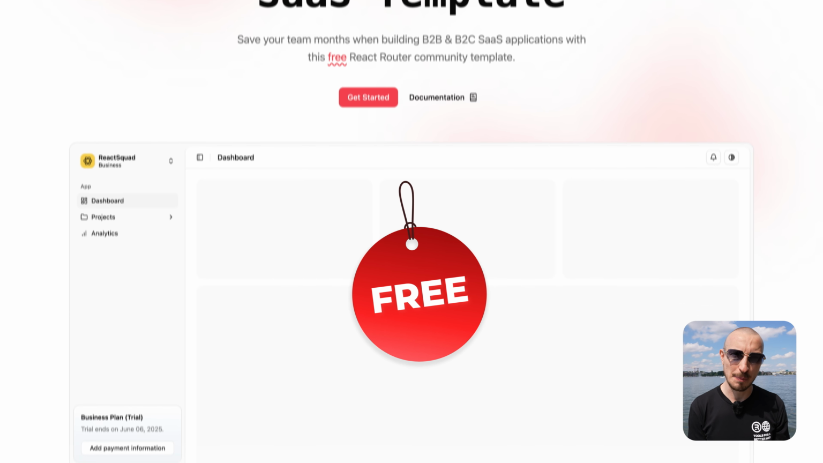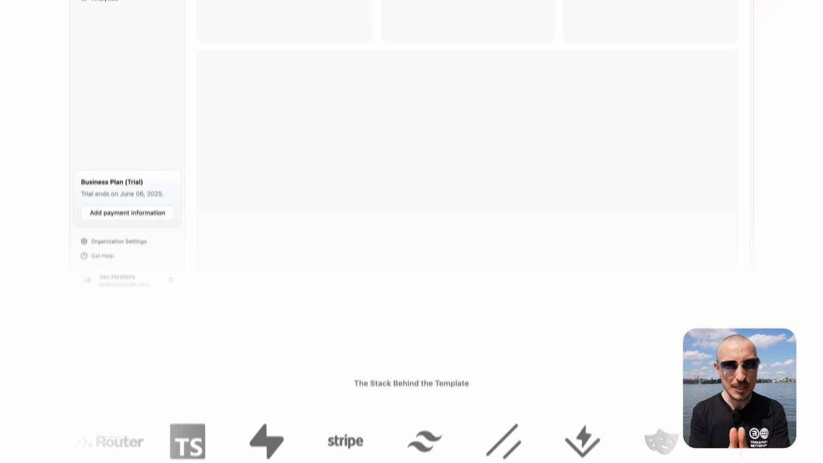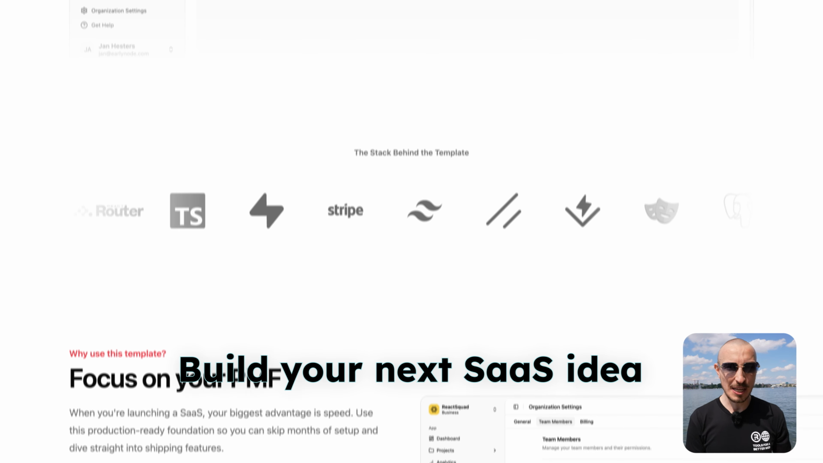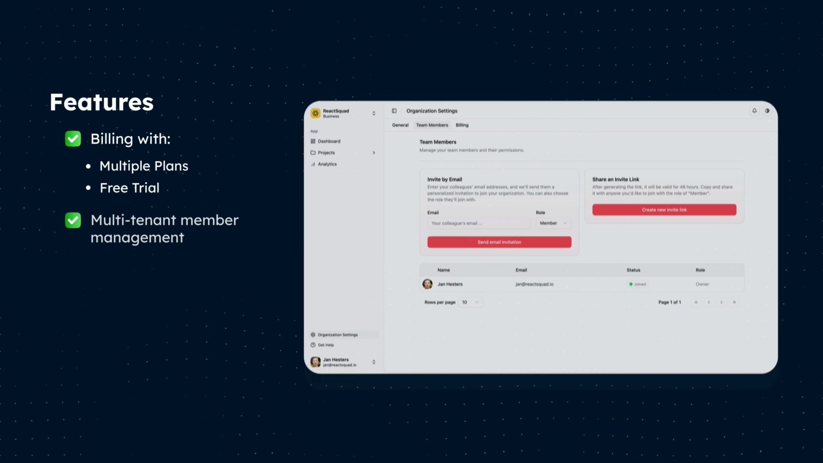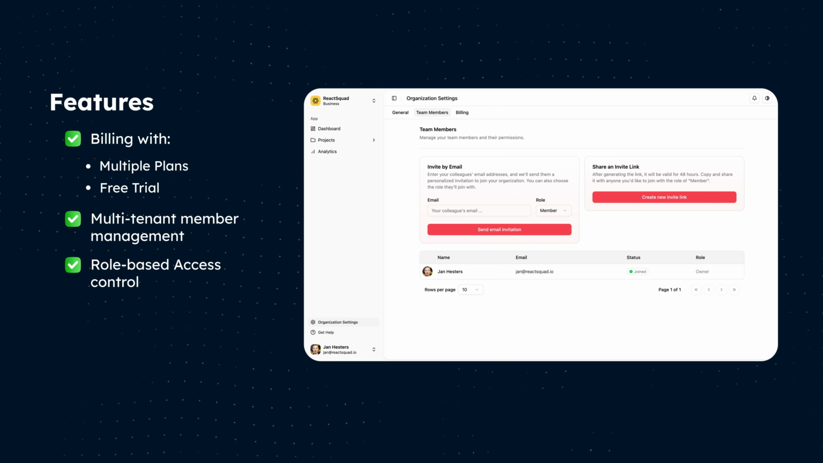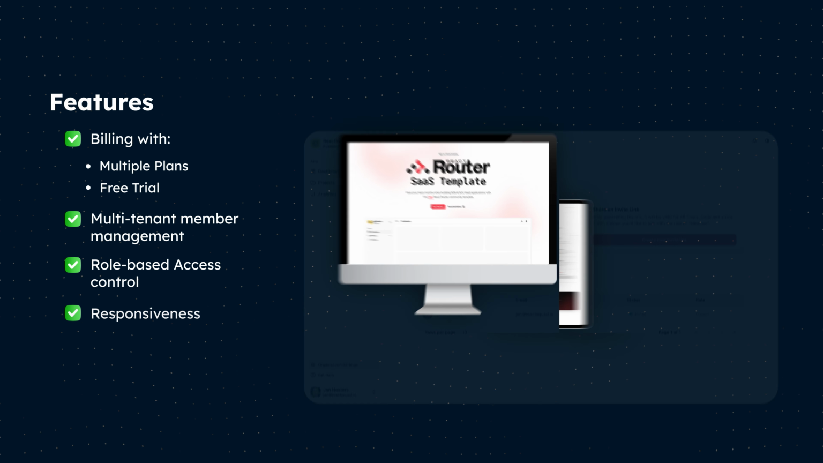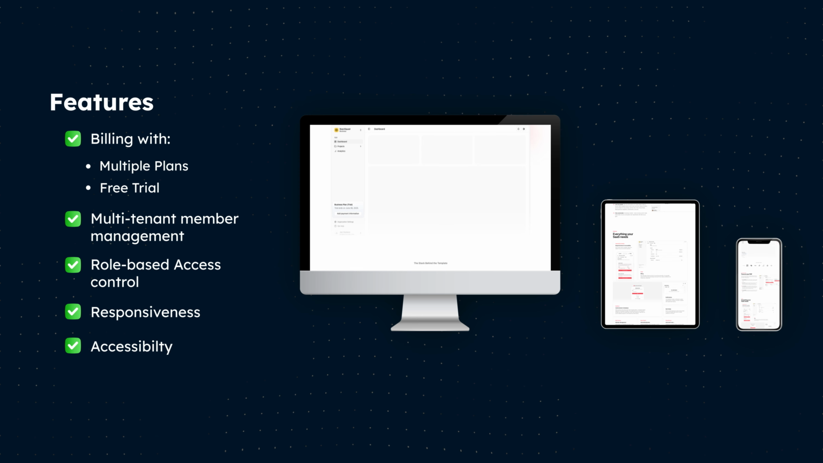This is a completely free React Router SaaS template that contains everything that you need to build your next SaaS idea, like billing with support for multiple plans and free trials, multi-tenant member management with role-based access controls, and full responsiveness and accessibility. I'll show you everything about this later in this video, but first let's address the biggest problem